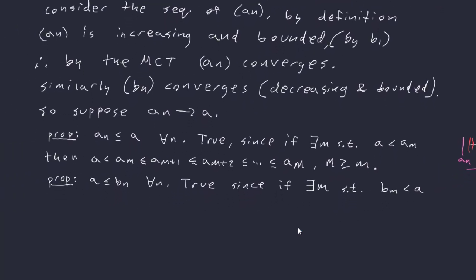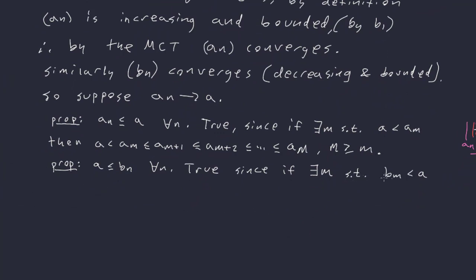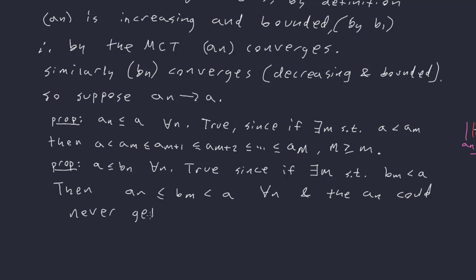So that's just an explanation with a picture. If there exists an M such that B sub M is strictly less than A, then A_n will be less than or equal to B_M, which will be strictly less than A for all n, and the A_n's could never get close enough. Or, instead of saying it that way,